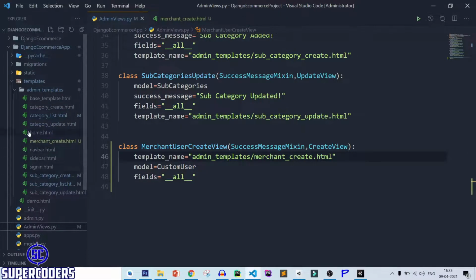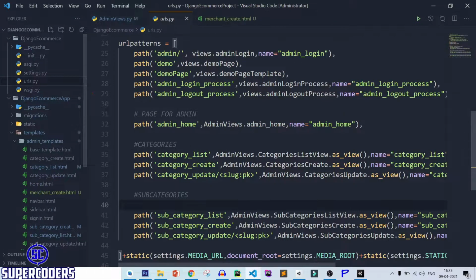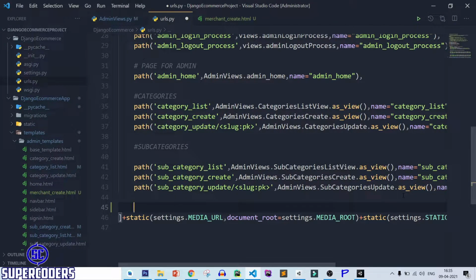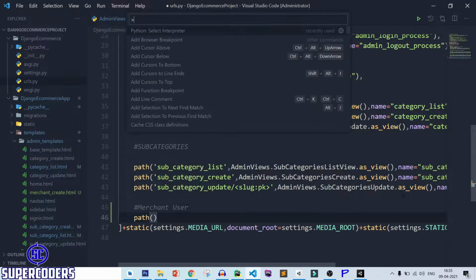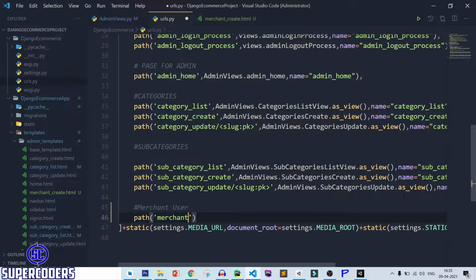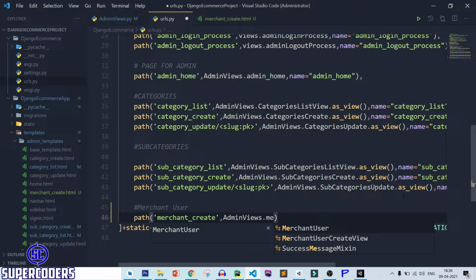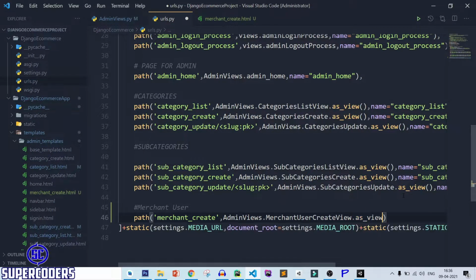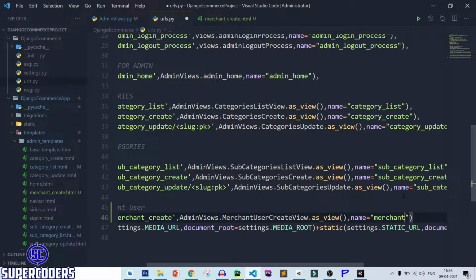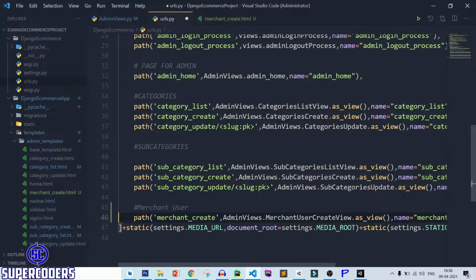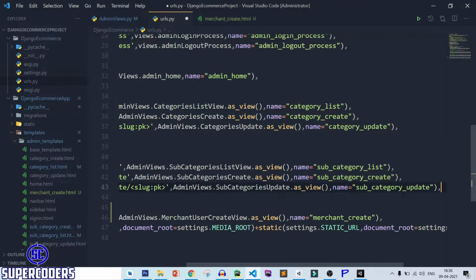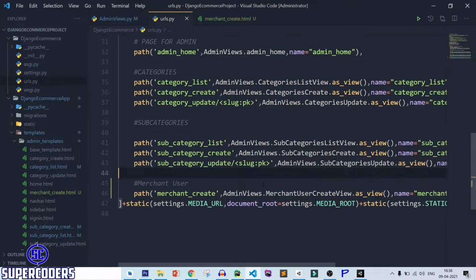So open urls.py and pass here merchant user, path merchant create, comma, admin views dot MerchantUserCreate as view, the name equal to merchant create. Save it. After that, let's check.